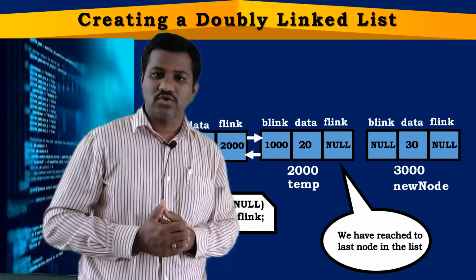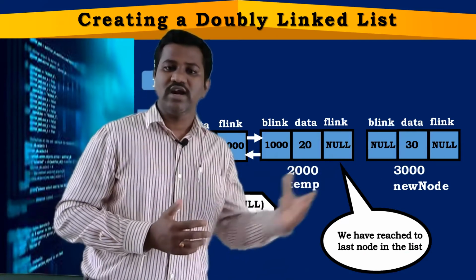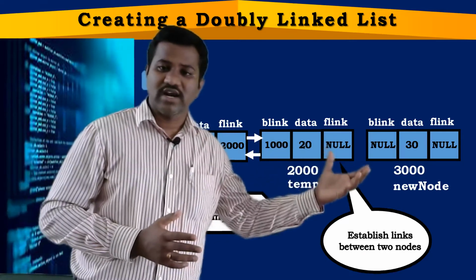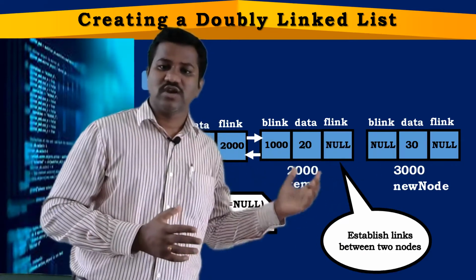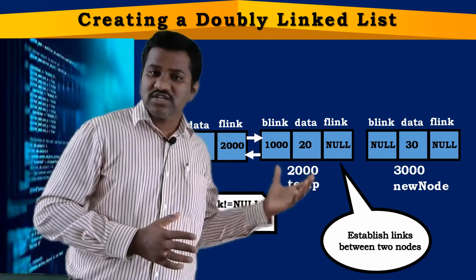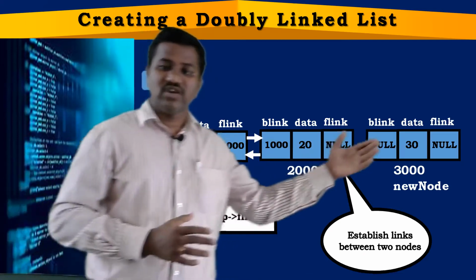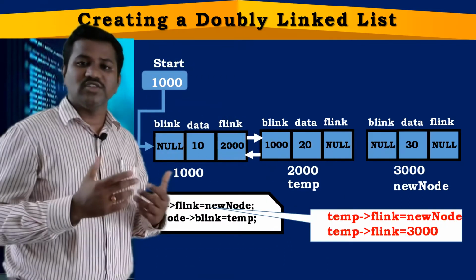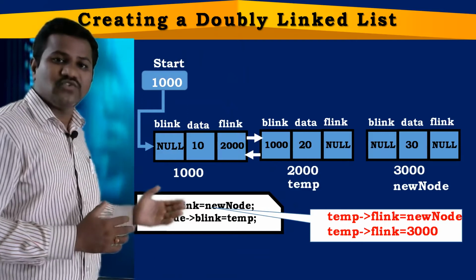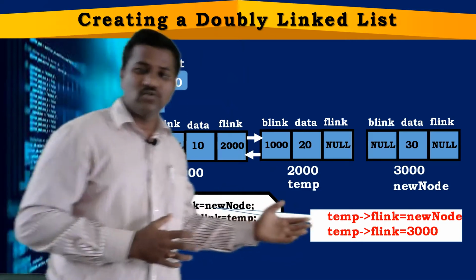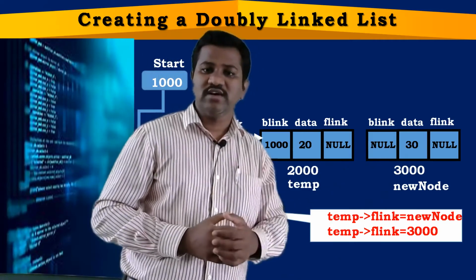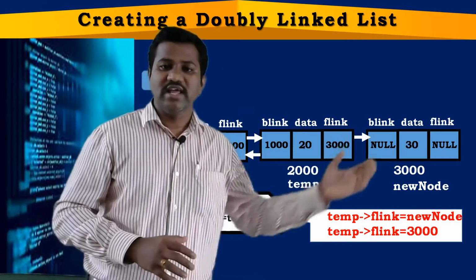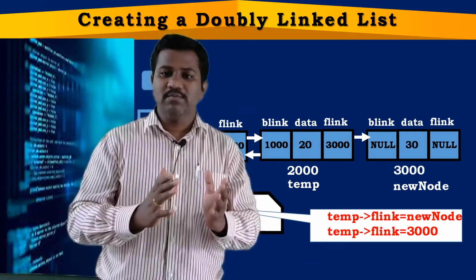After reaching the last node, we need to establish the links between the 2000 node and the 3000 node in such a way that 2000 forward link should contain 3000 and 3000 backward link should contain 2000. And 2000 is stored in some pointer called temp and 3000 is stored in some pointer called new. Right? So here we'll be going with two instructions. That is, temp forward link should contain new node. Temp forward link is assigned new node, and new node here is 3000. 3000 has been stored in this forward link,